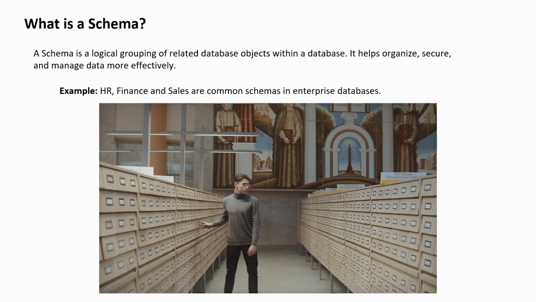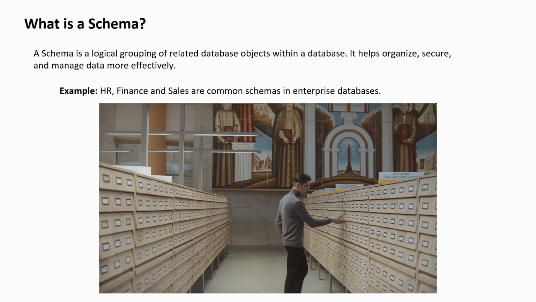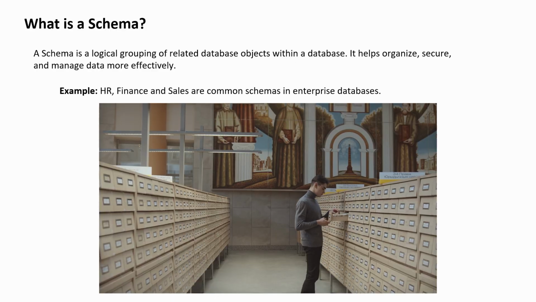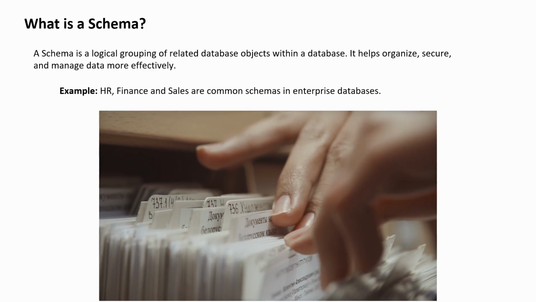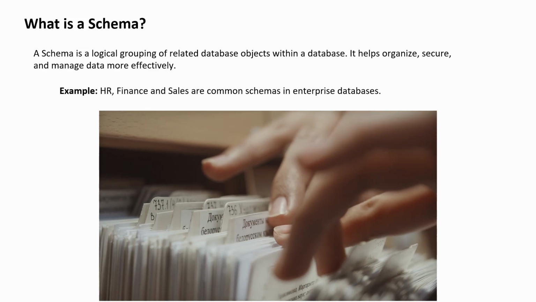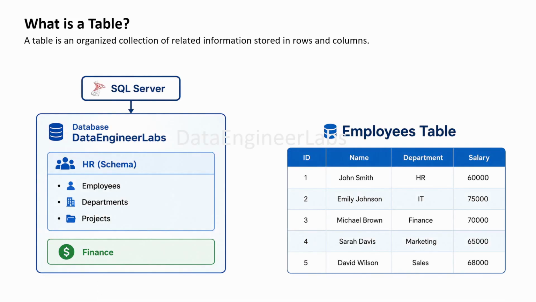Finance department can store data such as payroll, financial records, etc. Sales department can store data such as orders, customer information, etc. We have learned that database stores information and the schema helps organize that information. But where is the actual data stored? The answer is table. A table is an organized collection of related information stored in the form of rows and